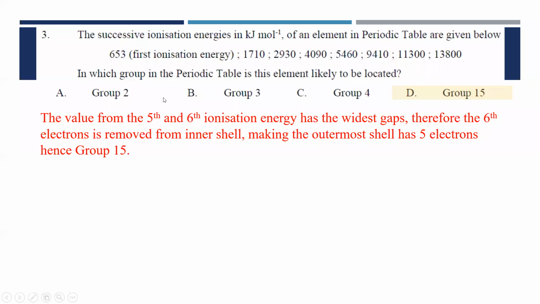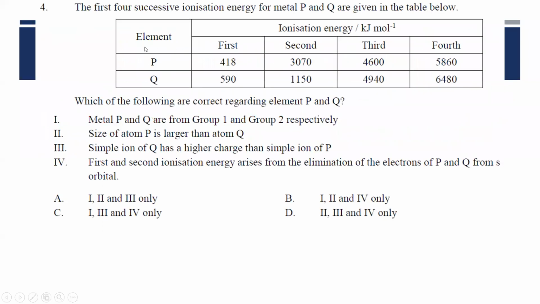Okay, immediately we go to question number 4. The first successive ionization energy of metal P and metal Q are given in the table below. Which of the following is correct regarding elements P and Q? It is a metal, so don't forget that these are metals. The fact is that P has a lower